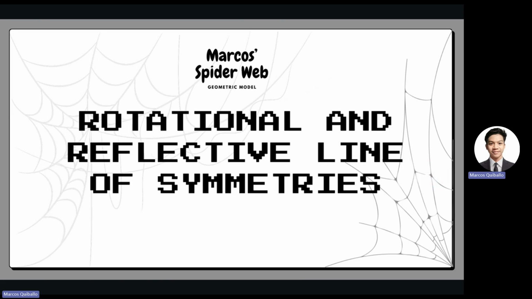For our rotational and reflective line of symmetries, for rotational, we're going to use rho, which is one of the Greek alphabet. And for reflective line of symmetries, we will use mu, also one of the alphabet in Greek.